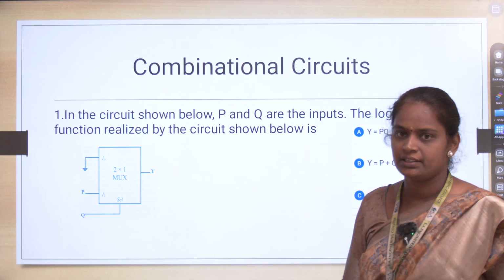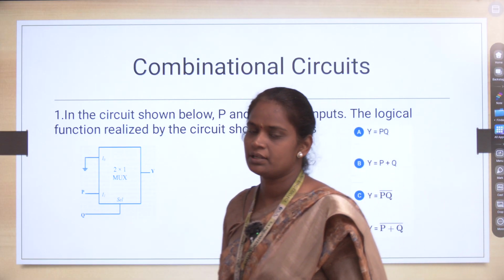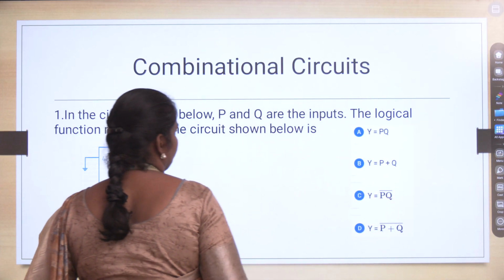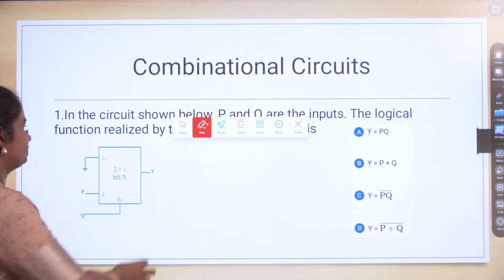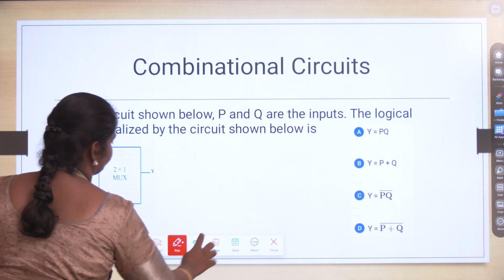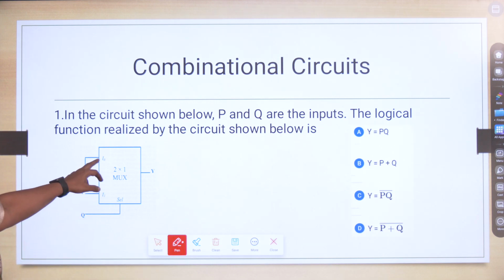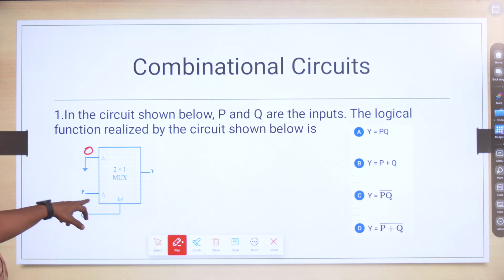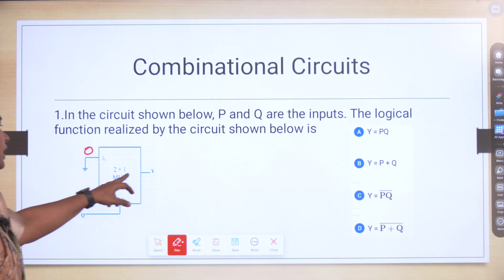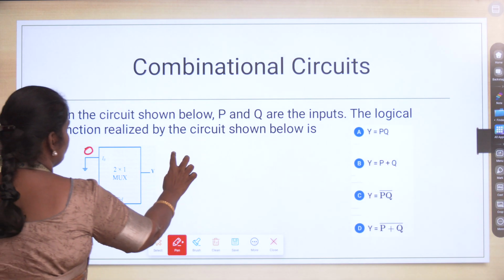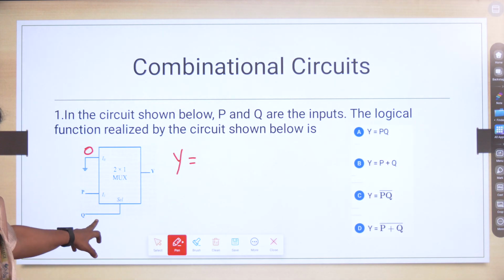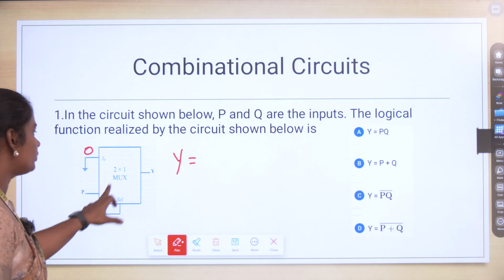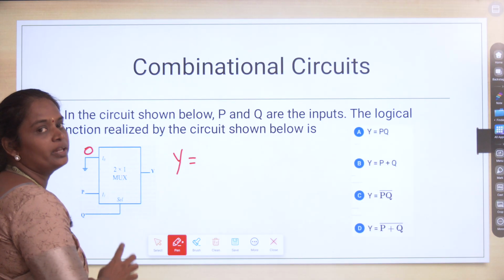So first we can write the output equation for this multiplexer so that you can easily find out the answer. So here the I0 is connected with the ground. So this is equal to 0. So here I1 is connected with the P. So we have to write the output equation Y is equal to, if the selection line Q is equal to 0, I0 will be connected with this Y. If Q is equal to 1, I1 will be connected with the Y. So you can write the output equation as